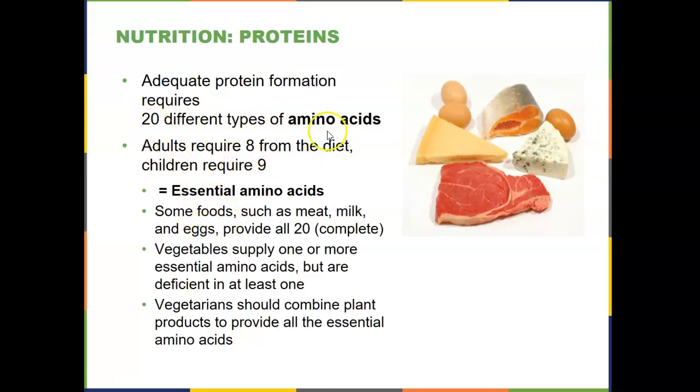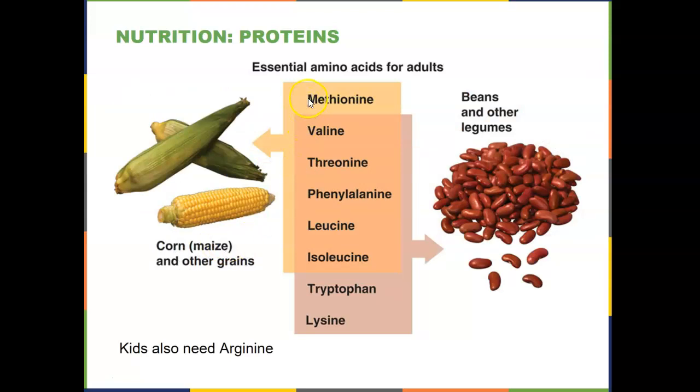Meat automatically has all 20 amino acids, and dairy products, things derived from animals, so eggs, dairy products, and meats all contain all the amino acids. They are complete in that sense. On the other hand, vegetables, as we see right here, don't typically contain all 8 of those required amino acids. Corn, as you can see right here, has 6. Beans over here have 7, but not all 8. And so if you want to remain healthy and get a complete diet that's vegetarian, that's perfectly doable, perfectly okay. But you must combine certain vegetable groups together. Classically, beans and corn, rice and